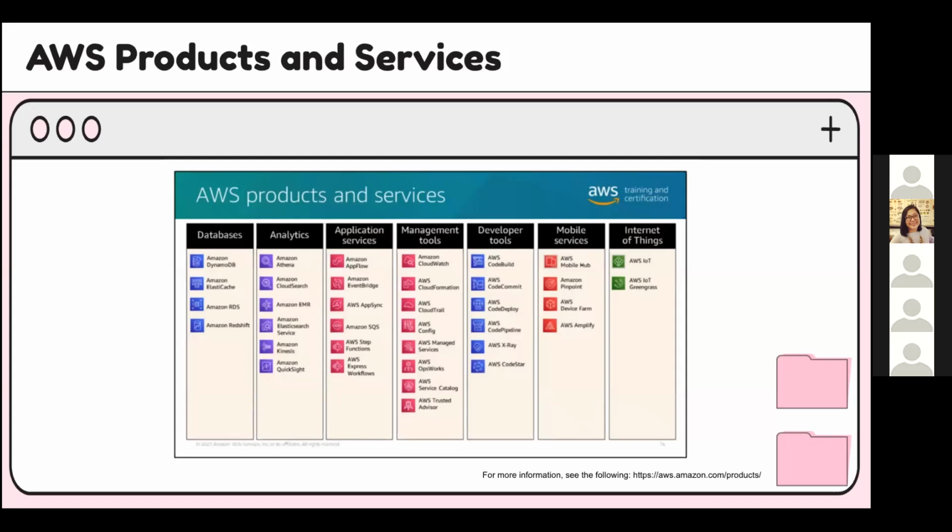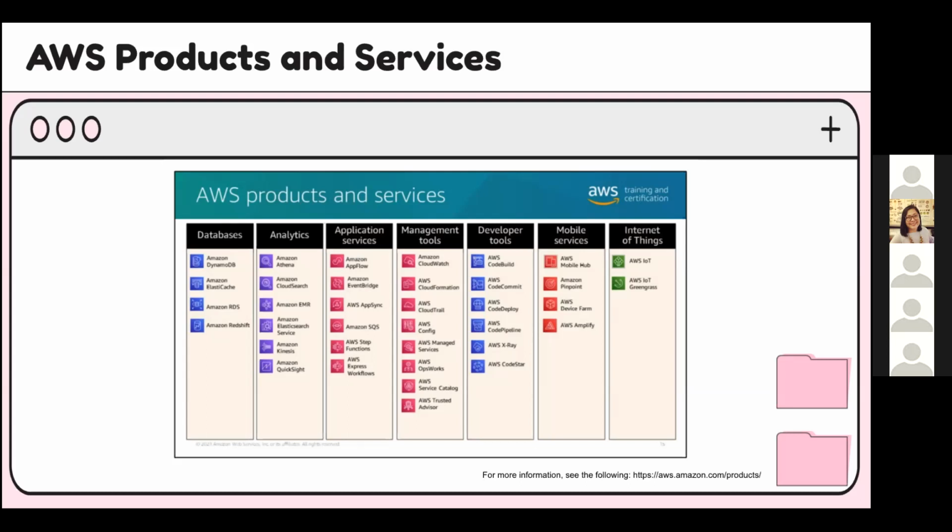And of course, for the management tools, kung halimbawa ikaw yung SysOps or Solutions Architect in your organization, ito kailangan medyo matutunan nyo yung mga management tools where you can monitor or ma-audit yung mga logs, API logs, user logs in your AWS management console. Like yung Amazon CloudWatch, ito yung mga services na ginagamit, AWS CloudFormation, CloudTrail, Config, Managed Services, OpsWorks, Service Catalog, and Trusted Advisor. For the developer tools naman, yung CodeBuild, CodeCommit,